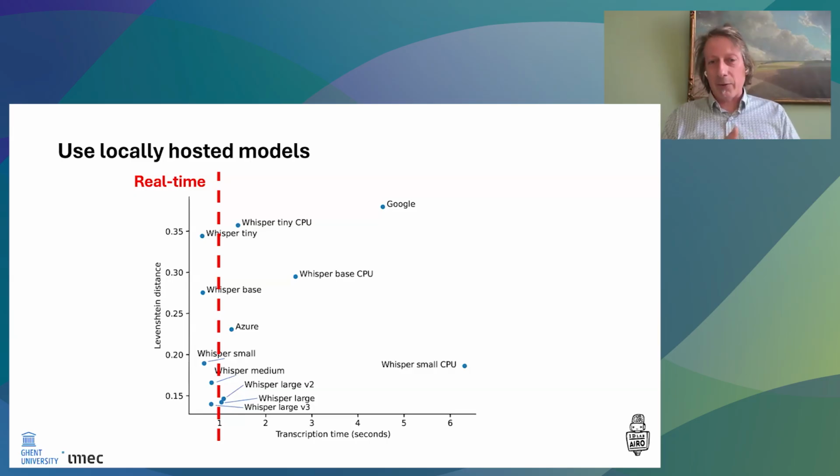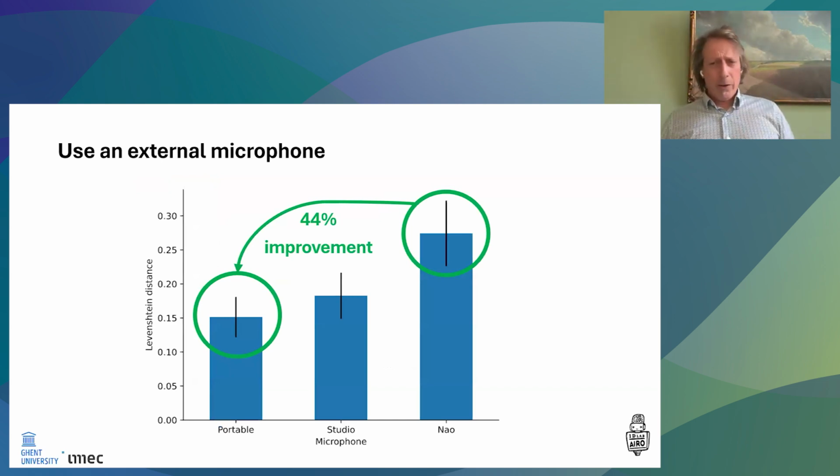Another thing we learned is that it's worth using an external microphone. So don't rely on the microphone built into your robot. It doesn't matter what robot you're using. Is it a Pepper, now with a fur hat? Yeah. Take the microphone out of it and place it in front of the robot, so it's not muffled by the plastic of the robot, and you don't pick up any artifacts of the robot's motors. Yeah, so an external microphone really works very well.